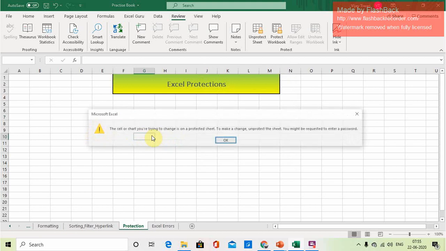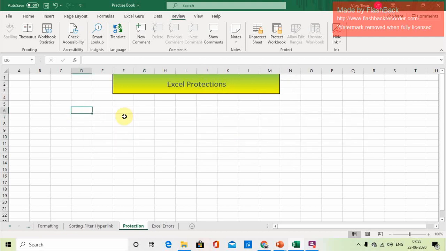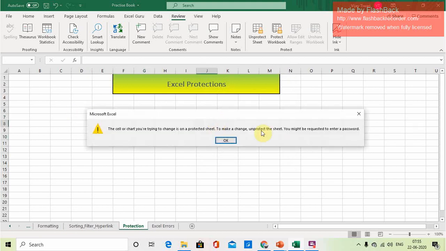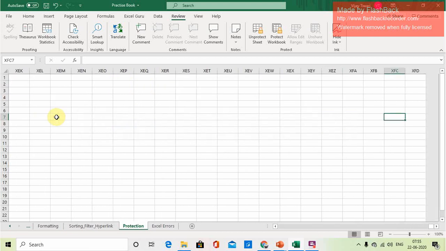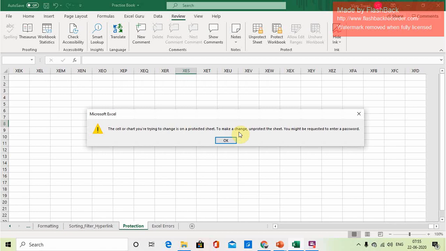See, now if you are going to change anything in this sheet, it won't allow you. Anywhere you want to type anything, it won't allow you. Double click, no changes. And what message is it giving you: the cell or chart you are trying to change is on a protected sheet.